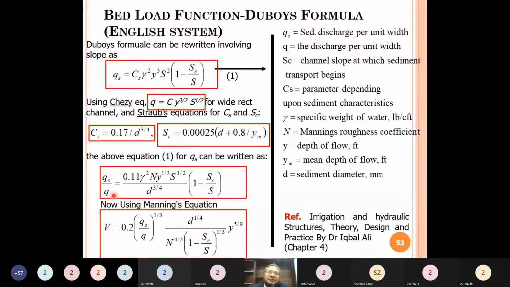What is the ratio of sediment discharge per unit width to water discharge per unit width? Yeah, it appears like that, but